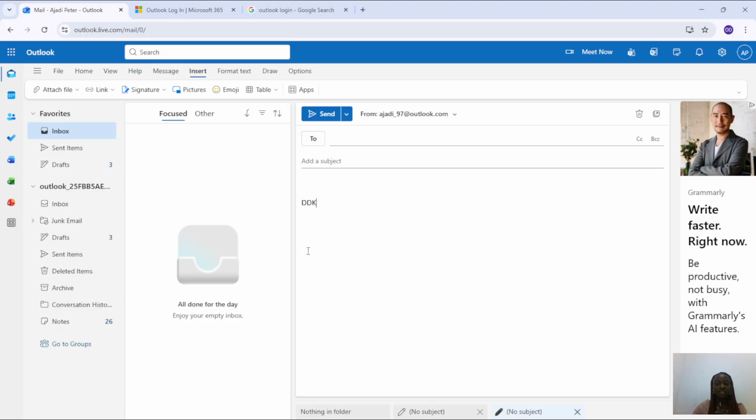Once that poll appears, set your poll questions or whatever you want to do. Just click on it and do well to edit it as you want it to appear. And when you're done, just click next and then click on insert poll, and then you can now send your emails to all of your clients confidently with your poll already created in your email. So this is how you can simply create an Outlook poll in your